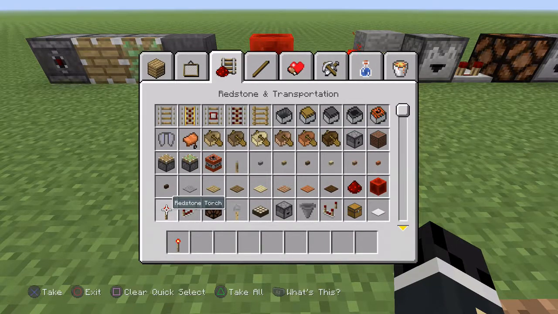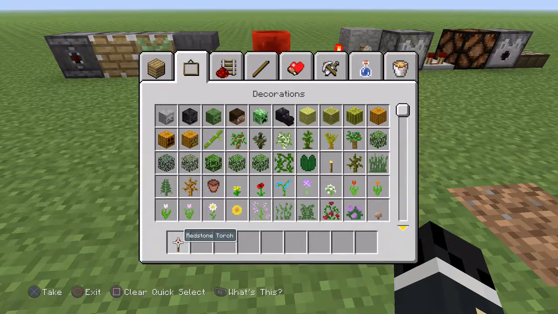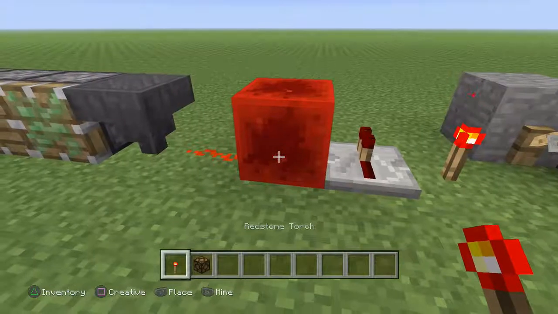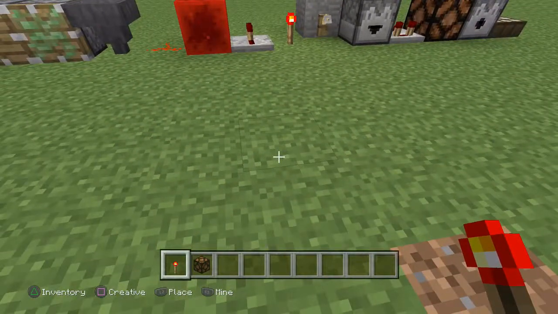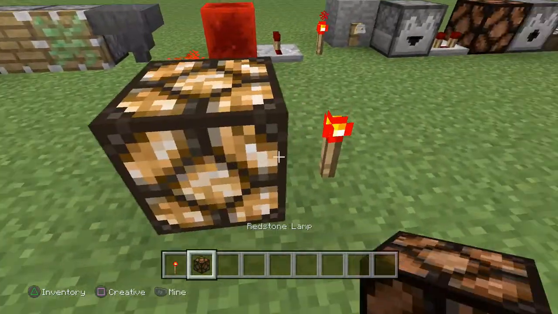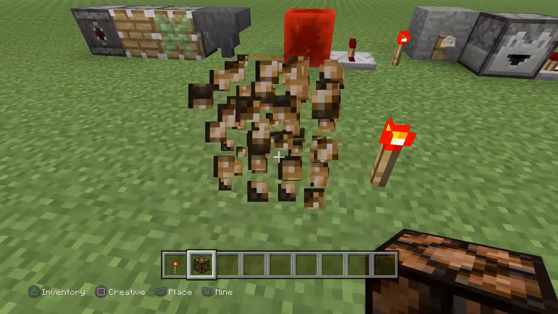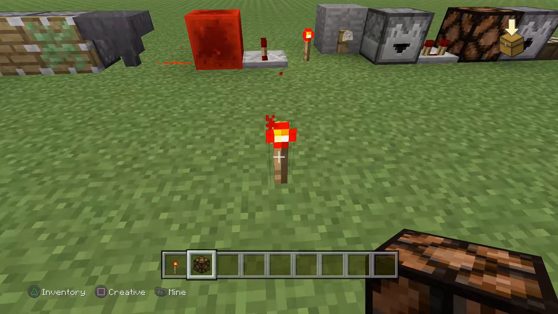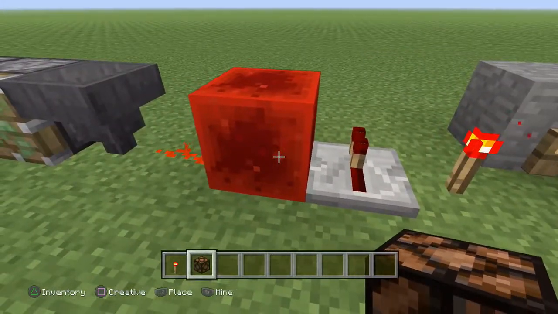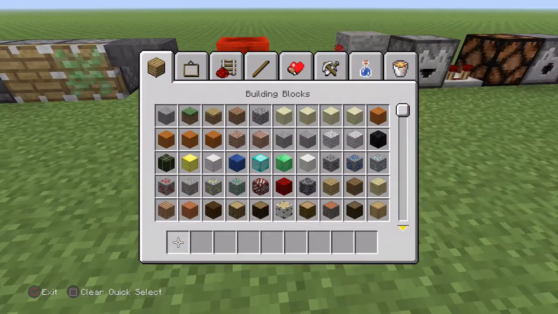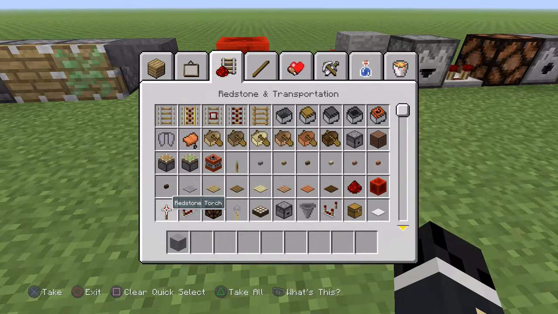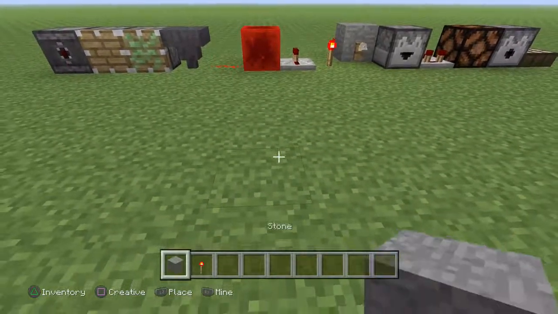I'll go on to a redstone torch. I'll get something like a lamp again. So a redstone torch is exactly the same as a redstone block, really. The only difference is, well, it will turn something on, it'll activate redstone, it's also able to be turned off, unlike this. So if I get a regular block, redstone torch,